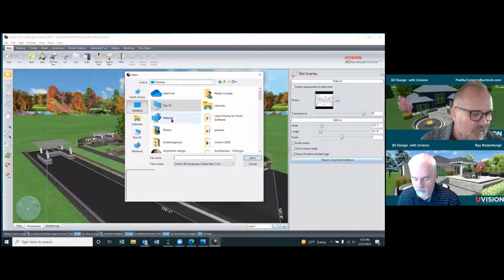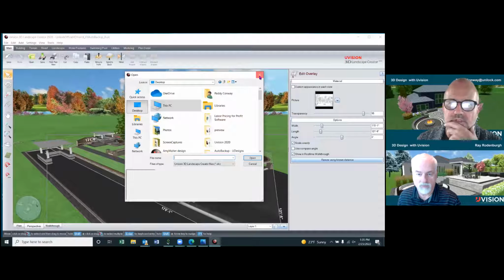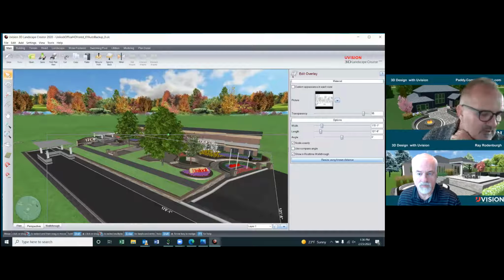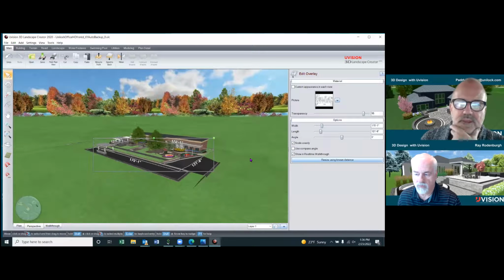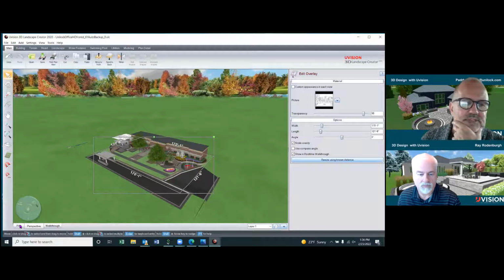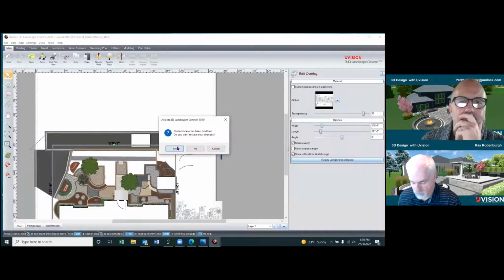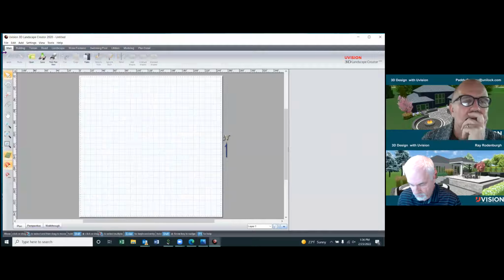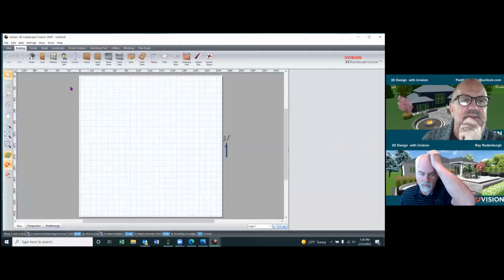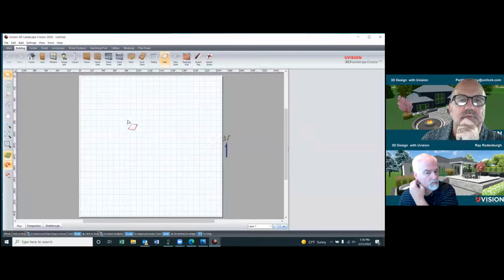So next time I have a job, I just go to that file, pull it out, and take it from there. The other thing I want to mention is we talked about grouping. I do get questions, how do I do this stuff? Let's go into plan here. Let's go into a file new. So if I'm going to go very basic on this here, if I build a patio,